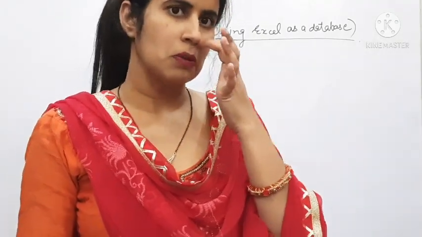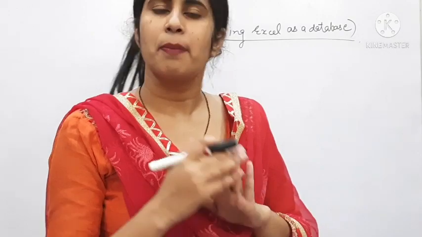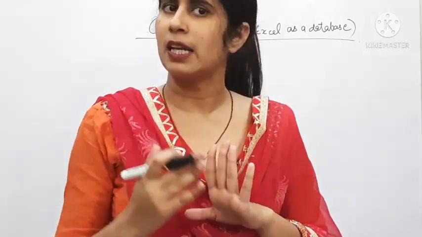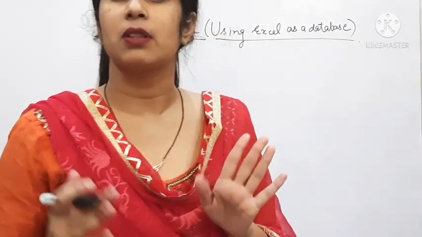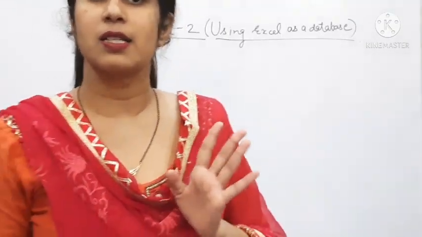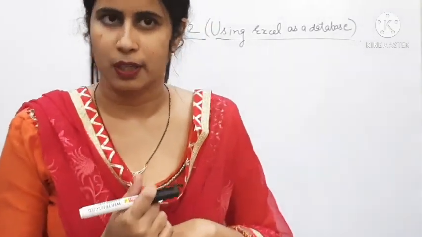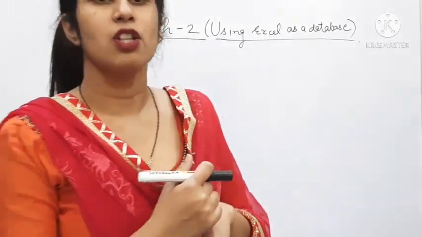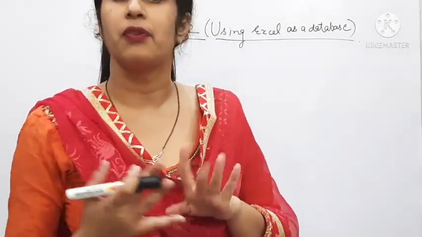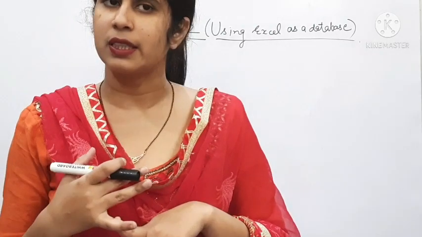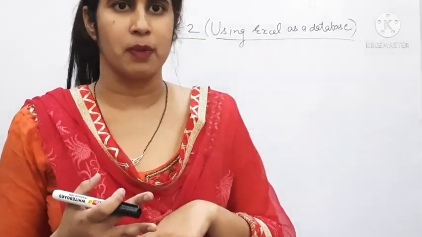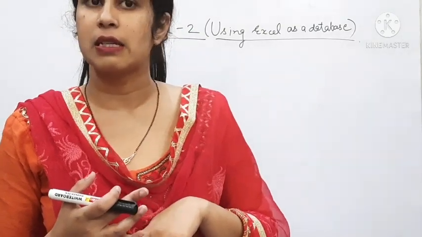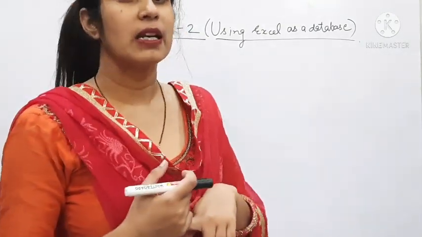Sorting means to arrange the data in a particular order, either ascending to descending or descending to ascending. If we are talking about letters, it is smallest to largest or largest to smallest. Okay. Now today's topics that we are going to study are filter, advanced filter, data validation, subtotal and pivot table. 5 new topics we are going to discuss in this video. Then the chapter will get finished.